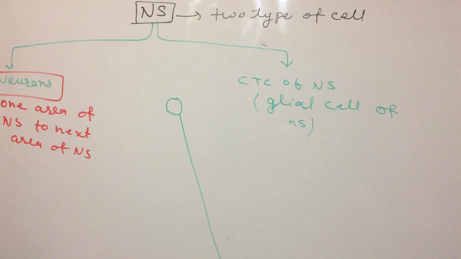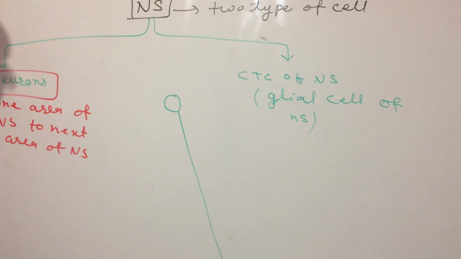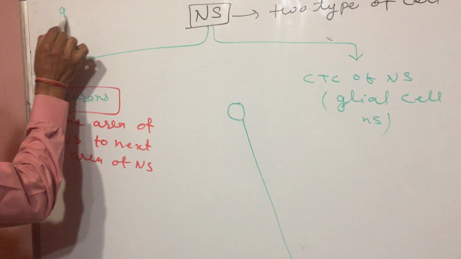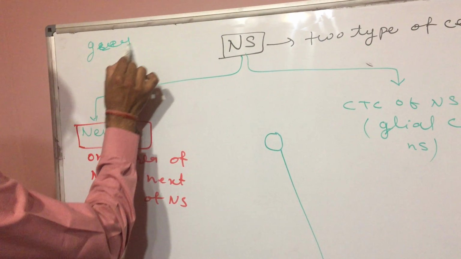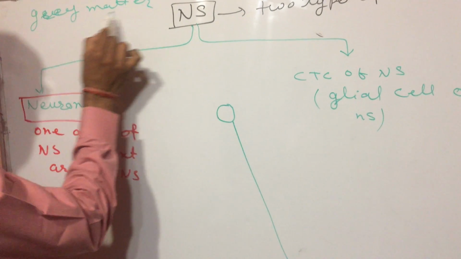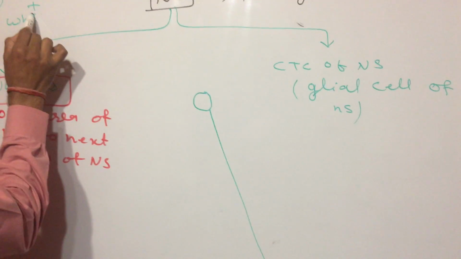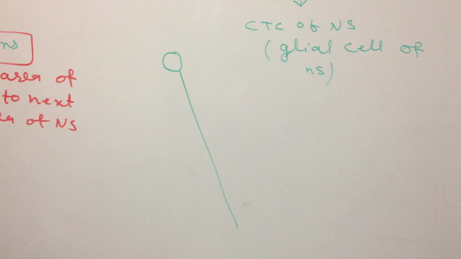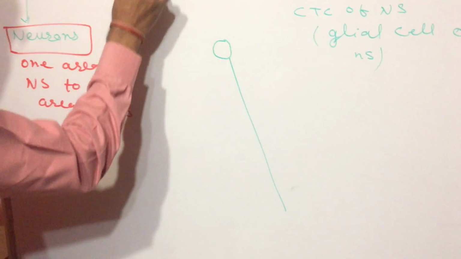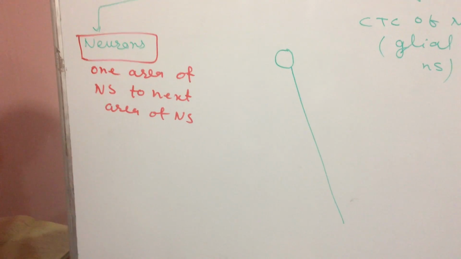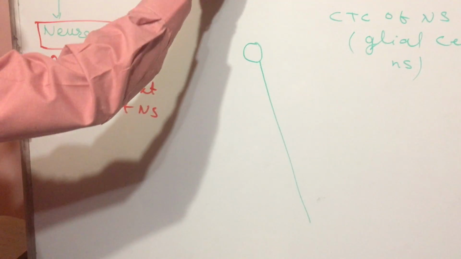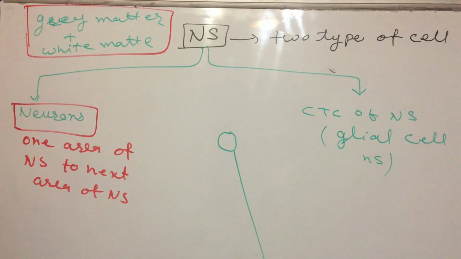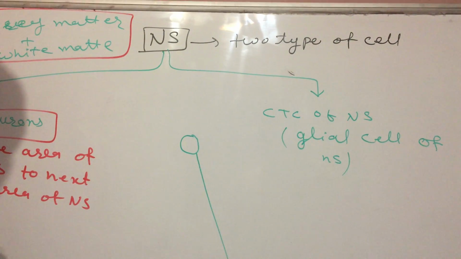Okay, what is the nervous system made of? The nervous system is made of gray matter and white matter. Gray matter plus white matter. It is the nervous system; the whole brain and spinal cord are made of gray matter and white matter. We will discuss this later, but now